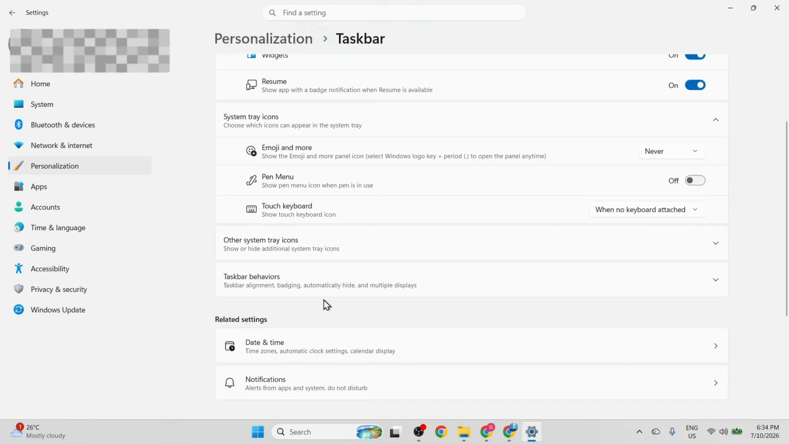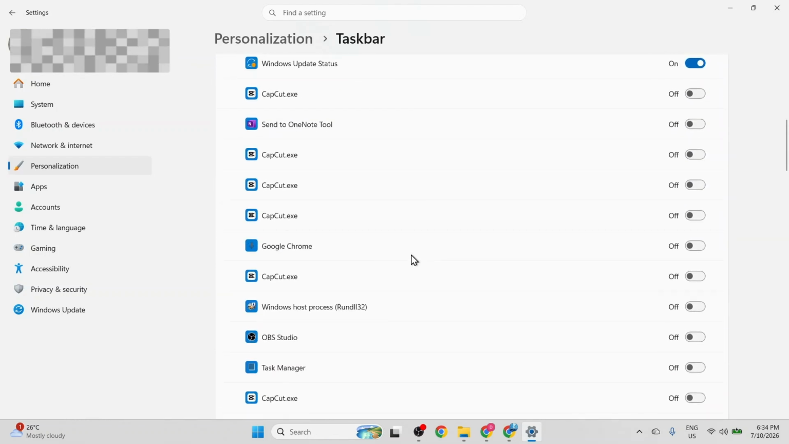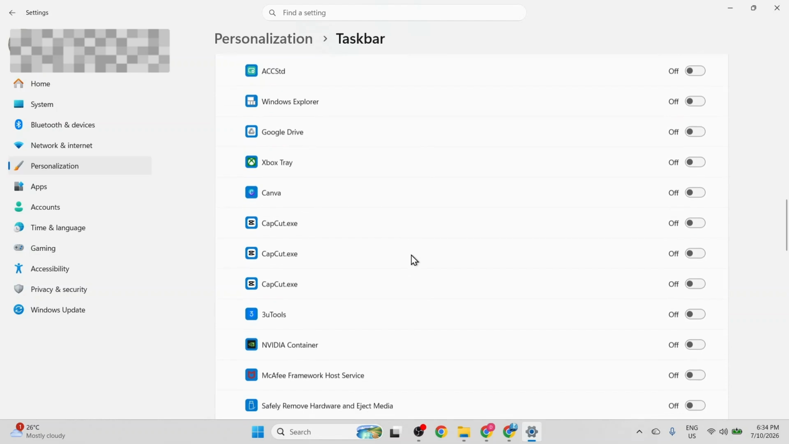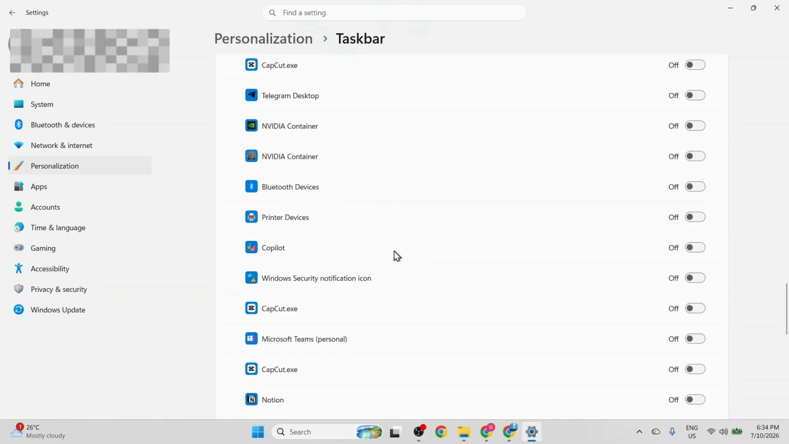Here, I look for the section labeled Other System Tray Icons and click on it to expand the menu. This reveals a detailed list of hidden icons that can appear in the bottom right corner of the screen. I scroll down carefully through this list of background applications until I spot Copilot once again. Finally, I click the toggle switch right next to Copilot to turn it off here as well, completely hiding it